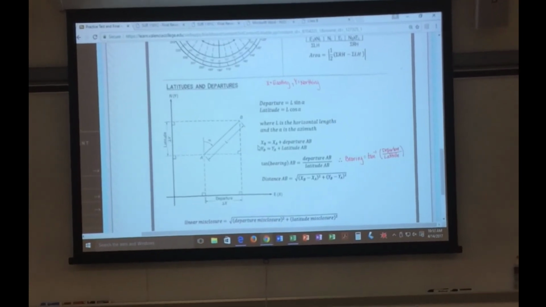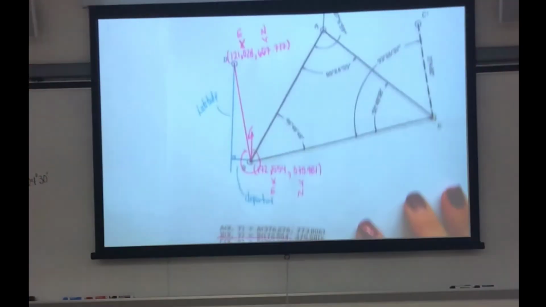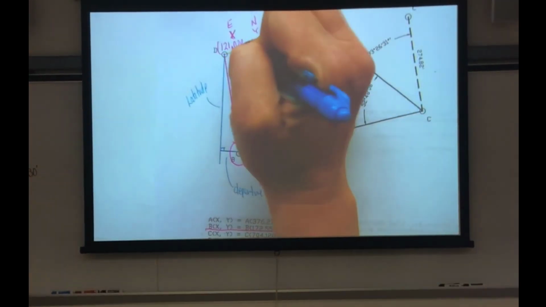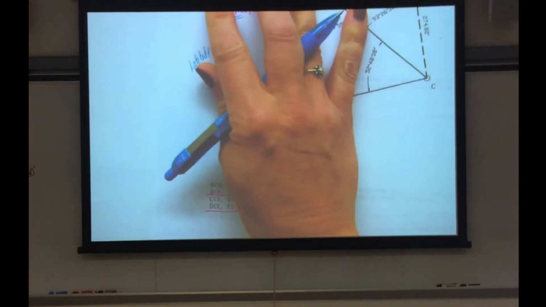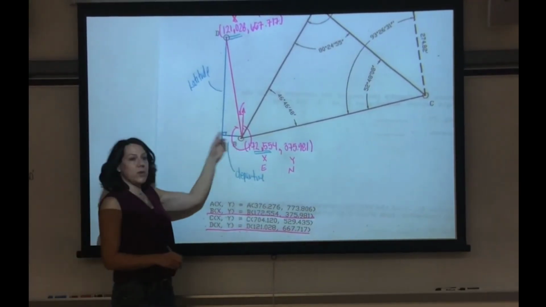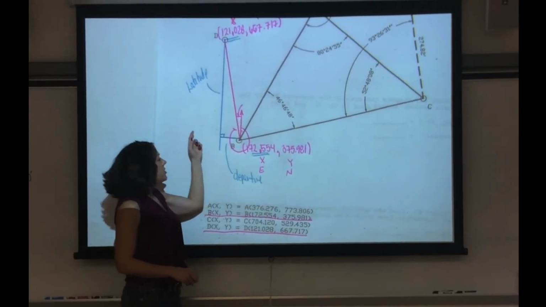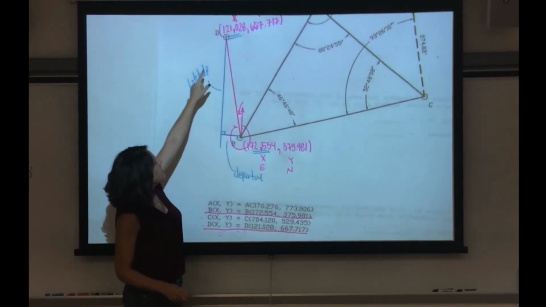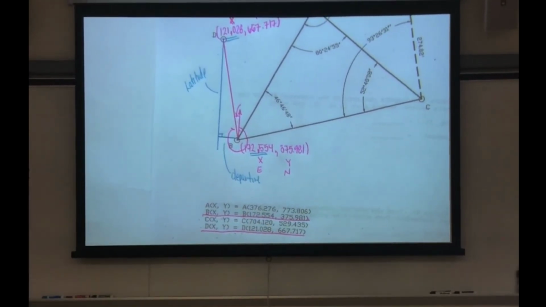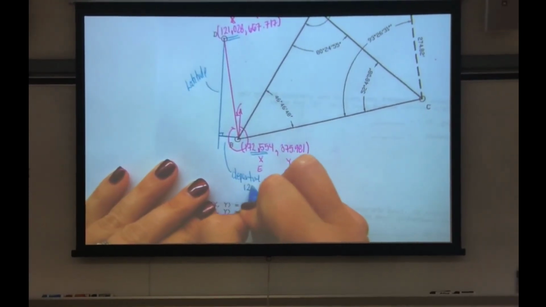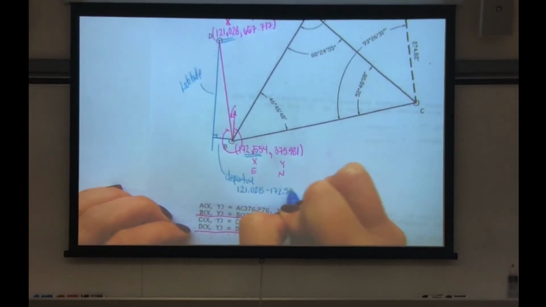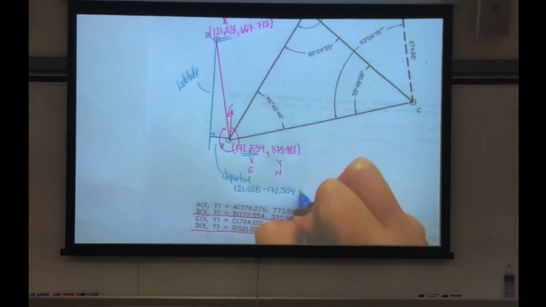Sure we can. Because we have our change in X, remember, here's our X coordinate. So all I have to do is subtract, right? So I'm going in the west direction. So I'm actually going to take 121 minus 172. That's going to give us our negative value. So I'm going to take 121.028, subtract 172.554, and I am going to get